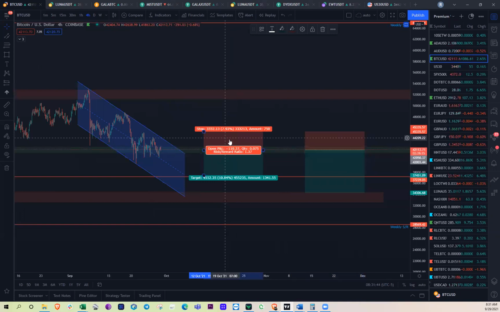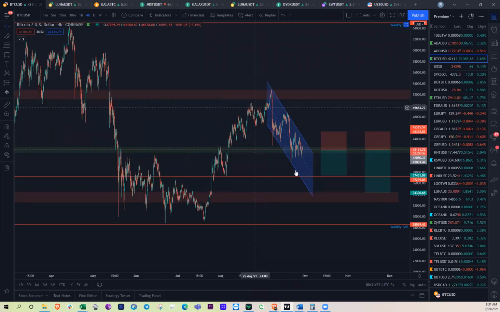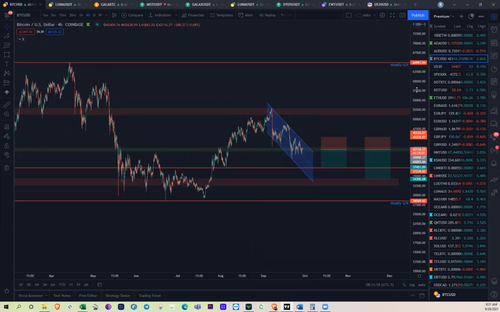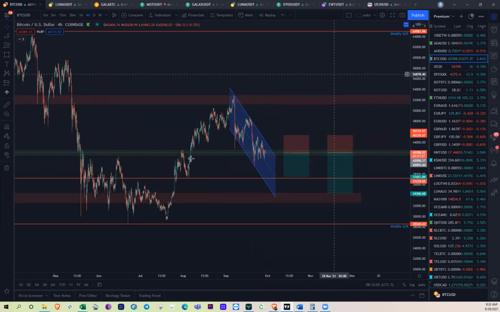So that's the overall bearish view, which I'm a little bit more optimistic on, because I do think we will have one last big shakeout before we fully start pumping to the 80s and 100K levels. And so with that being said, you can play it however you would like. You could either trade it, or set your buy orders on different exchanges at these levels